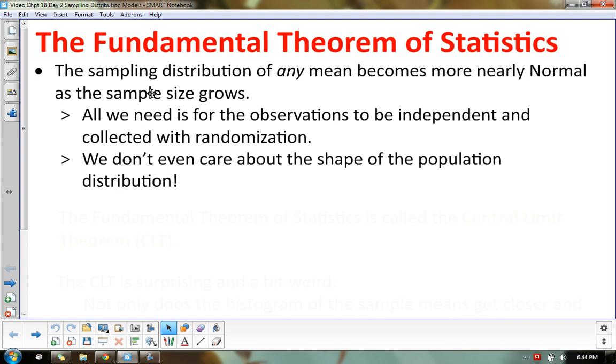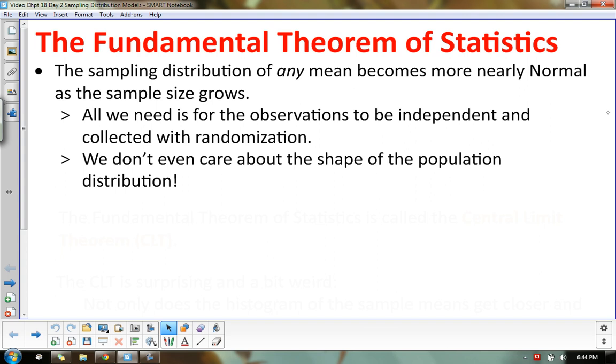But one thing that you'll notice as you move higher and higher into math is that almost every branch has its own fundamental theorem. There's a fundamental theorem of algebra, fundamental theorem of calculus, all sorts of different stuff. The fundamental theorem of statistics is what we're going to be looking at today. It is basically this main theorem, this main idea, upon which all of statistics is centered.